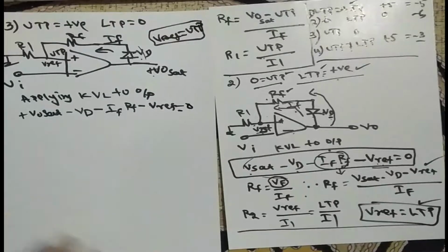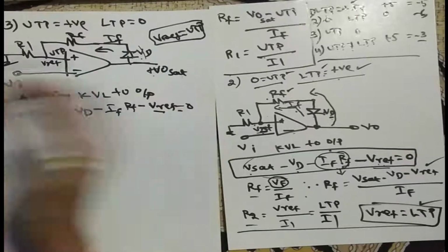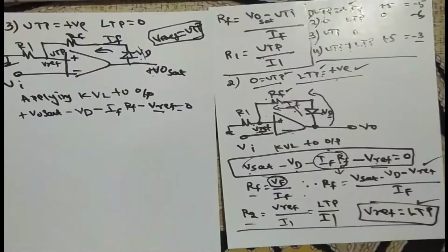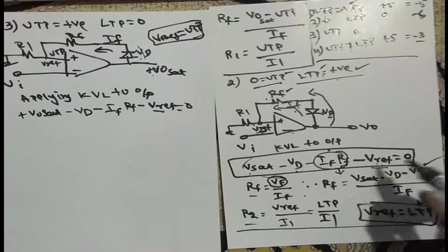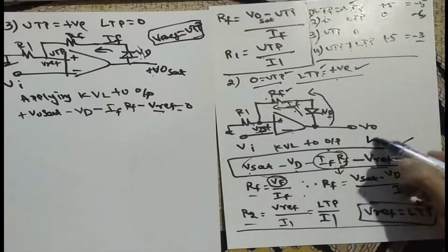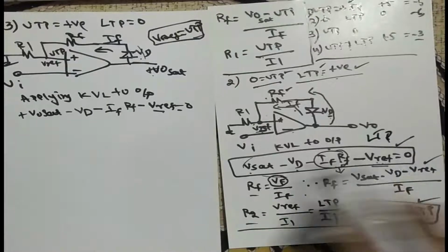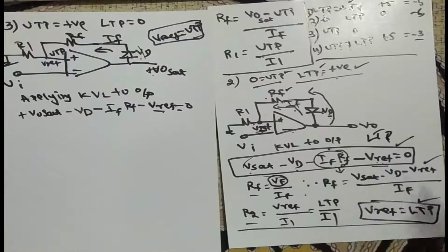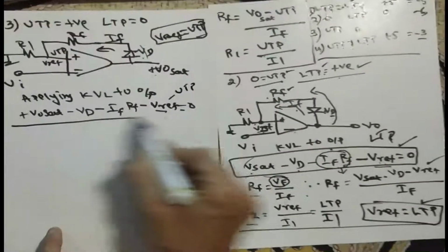So now you can get the same stuff we have done. What is RF, what is R2, you can get. From this you can get what is V reference. Simply take V reference on this side and this side, that is nothing but the UTP value you can get. So for the Schmitt trigger, we are concentrating on only three things. First, what is UTP, LTP. Second, what are RF and R2. Similarly, here the LTP value is this one. Actually, I have not written the equation properly. You can write it. Just take this portion and you can take it. This is LTP. Similarly you can take UTP here. So this is the one equation.